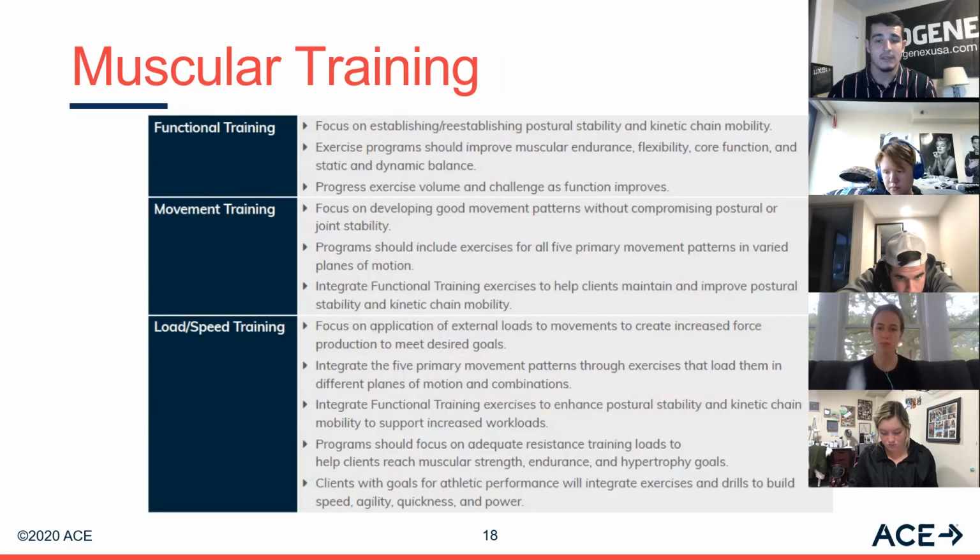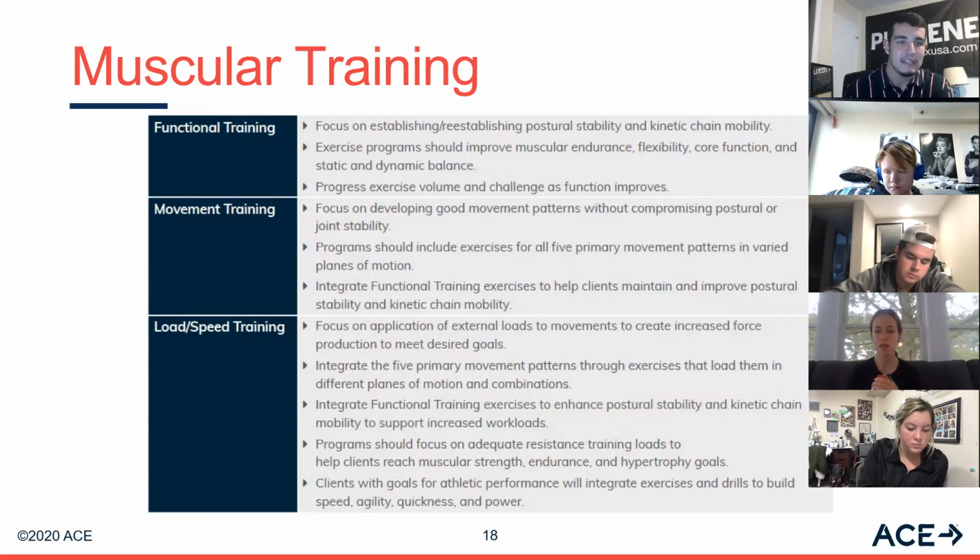We're going to focus on adequate resistance. And then if you have some athletes with you, they might do some power training. And so that would be maybe a little bit lighter weights, moving it faster, but still with fewer reps. So if you talk about strength training, maybe you're talking about 4 to 6 reps for 4 to 6 sets at 70 to 85%. And those are just some general numbers. You don't have to memorize those or anything.